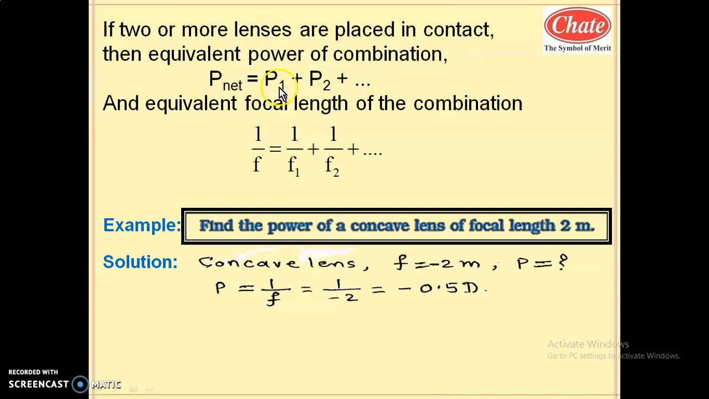So it is the sum of the powers of that combination of lenses. Net power is P1 plus P2 plus so on, whenever 2 or more lenses are placed in contact. So this is the equivalent power or net power. Similarly, based on this, net focal length is given by the sum of the reciprocals of the focal lengths. So 1 by f equals 1 by f1 plus 1